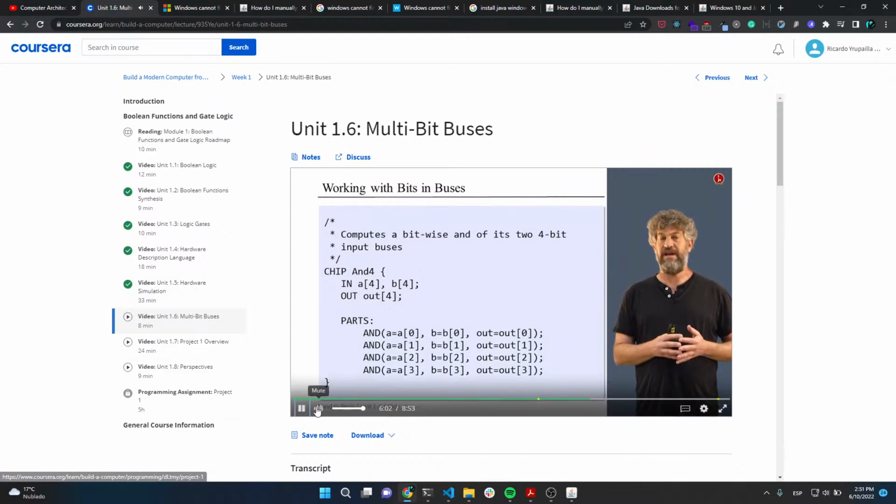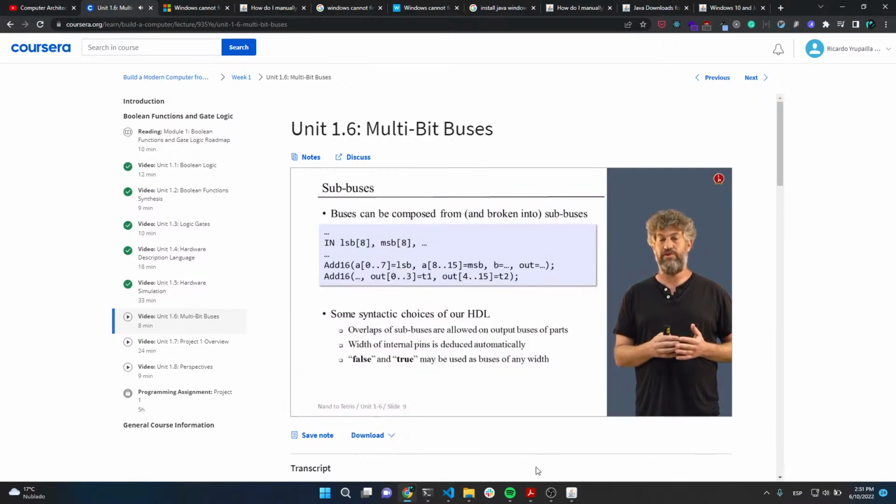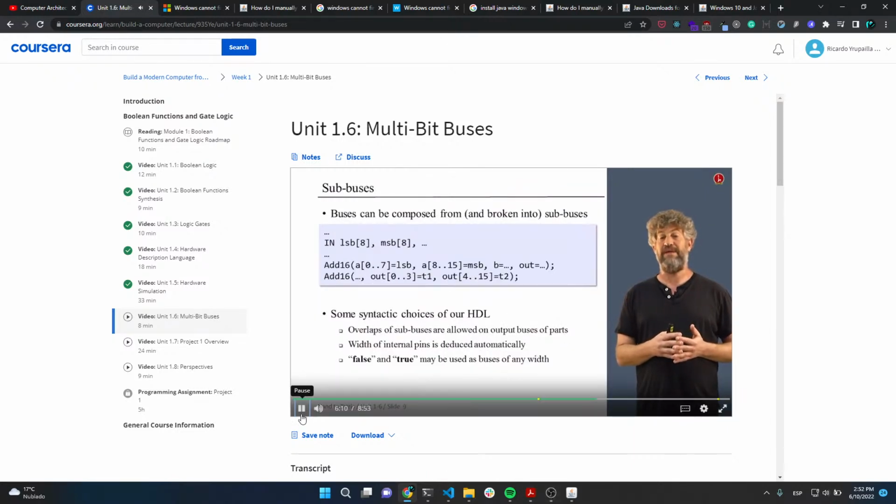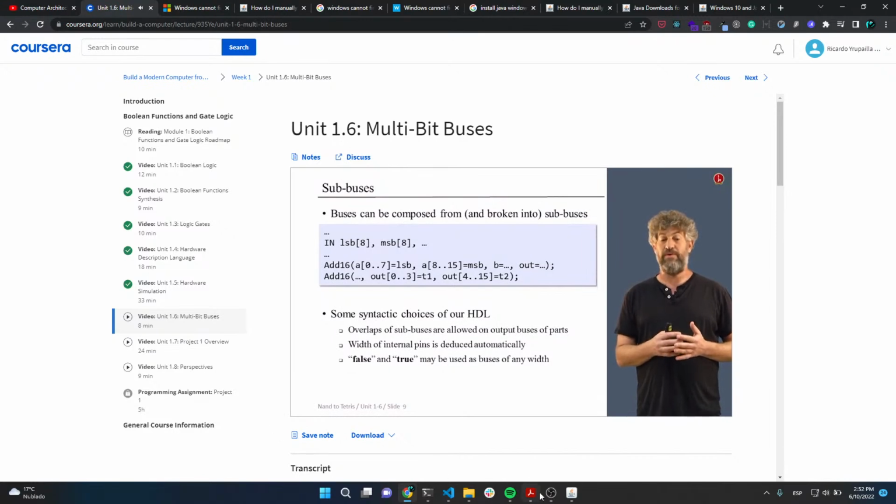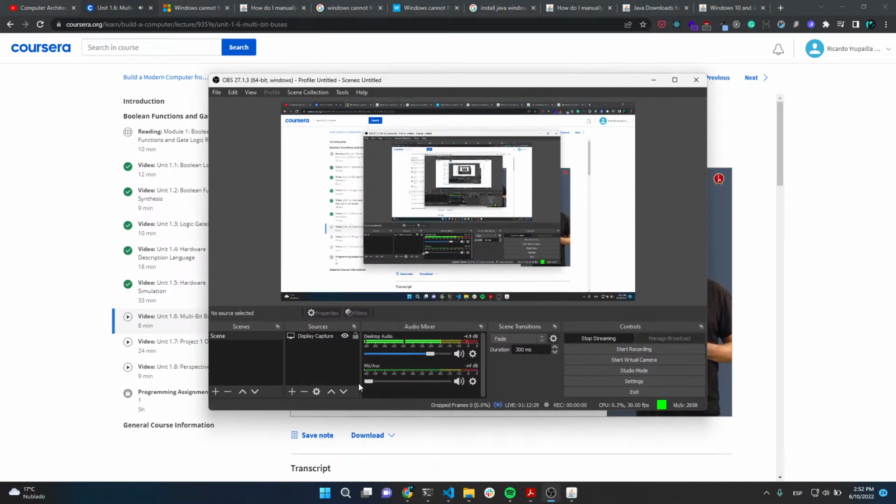So there are a bunch of technical conveniences that you sometimes want to use when dealing with buses. For example, you may sometimes want to break a bus into sub-buses. So the first example here shows what happens if we want to compose a bus, a 16-bit bus, from 2